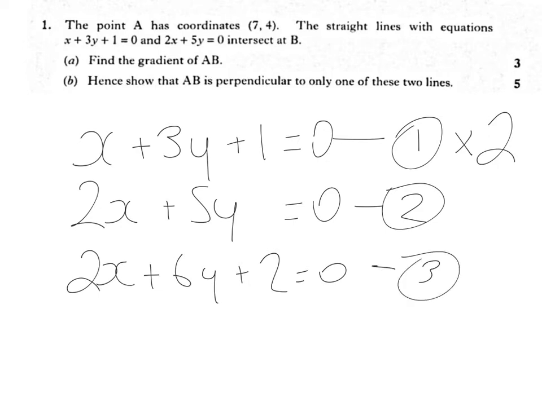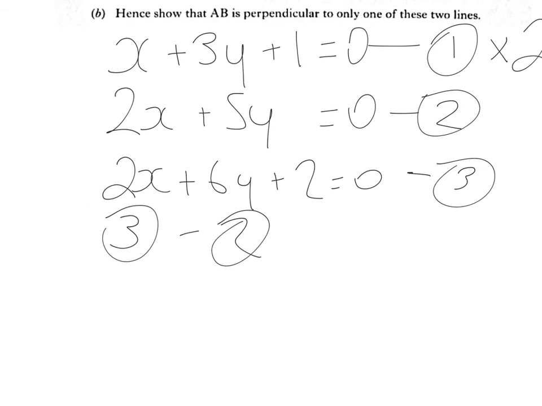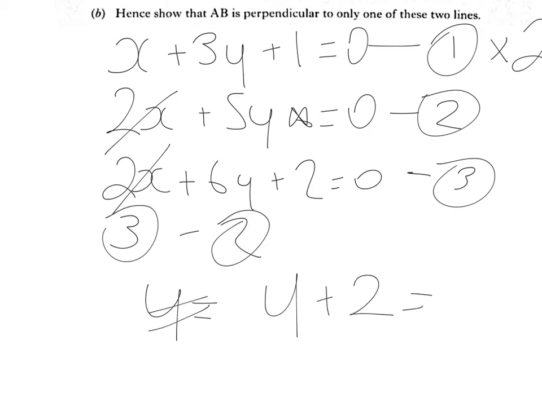So I'm now going to do equation 3 take away equation 2. So 2x take away 2x goes, 6y take away 5y is y, and 2 take away, well, there's nothing here, so that's just y + 2 = 0 take away 0 is 0,